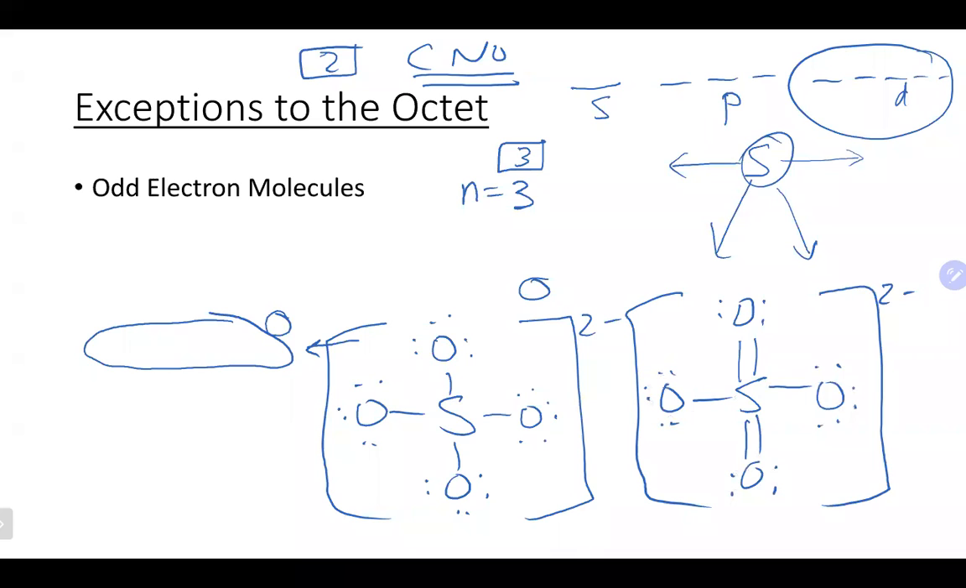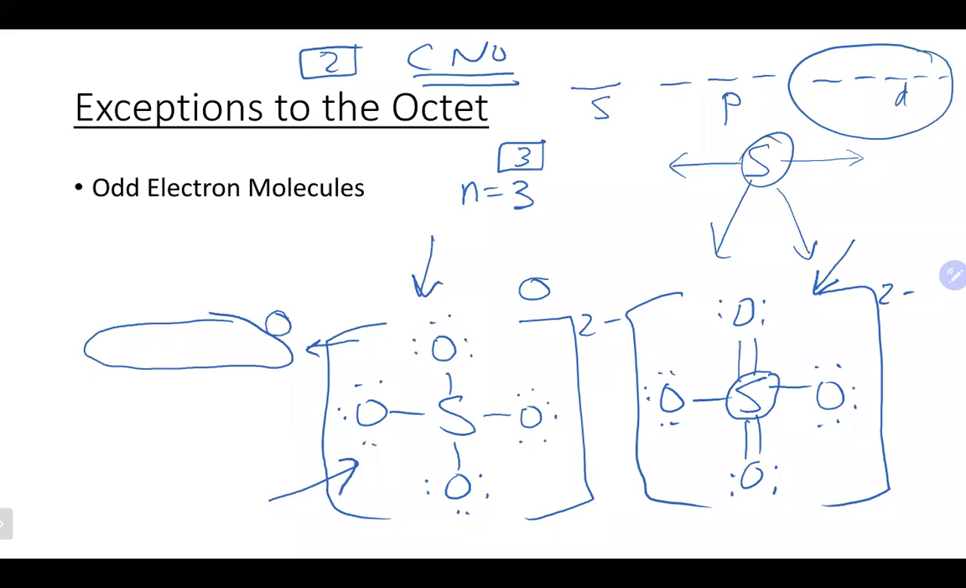Yes, this is an acceptable and actually a better picture for sulfate, with the double bonds. In this particular case, the sulfur has 2, 4, 6, 8, 10, 12 electrons around it. For reasons outside of our class, this is a much better picture than this one. But for our class, you should end up with this picture